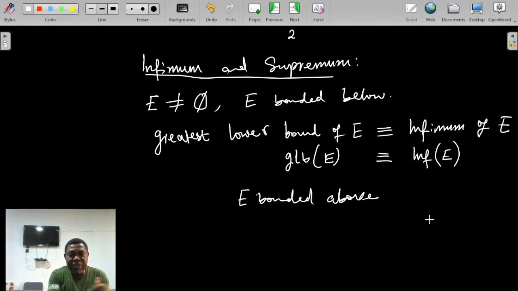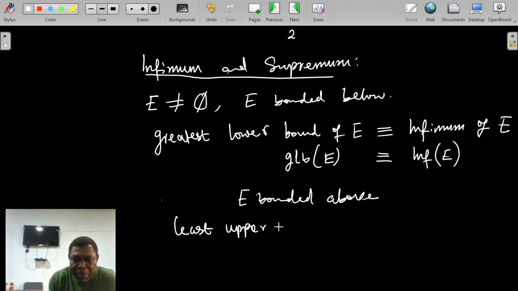Once a set is bounded below, then the greatest of all the lower bounds exists. That greatest of all the lower bounds will be called GLB of E, or the infimum of E, inf of E. If E is bounded above, then the least upper bound,